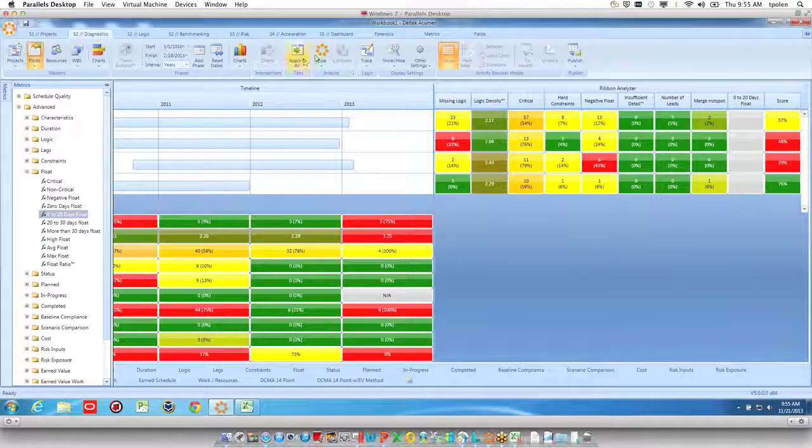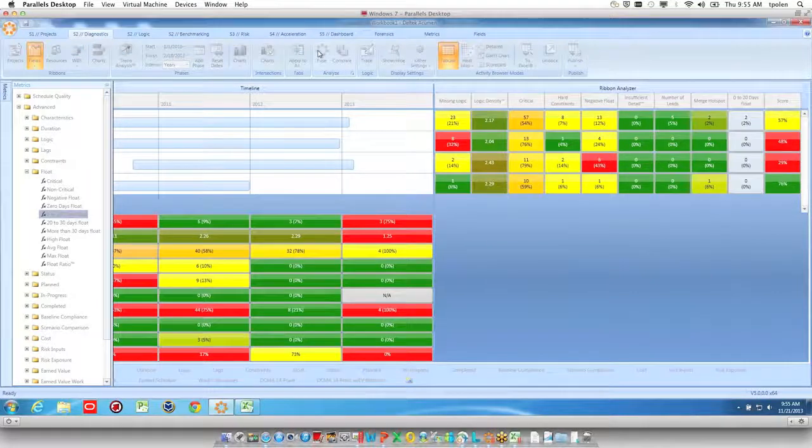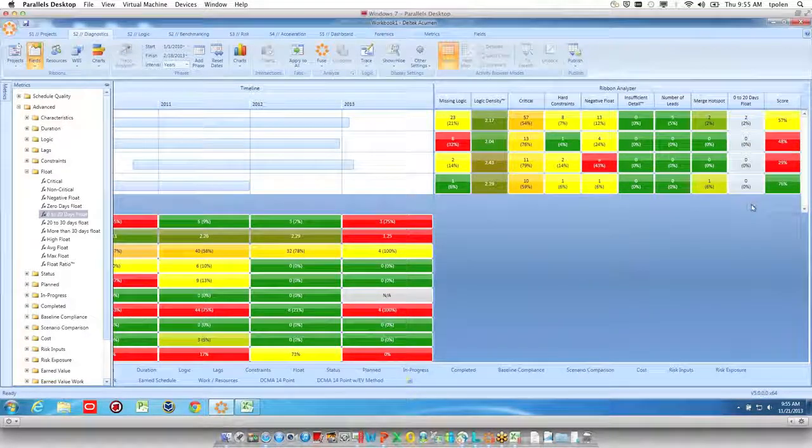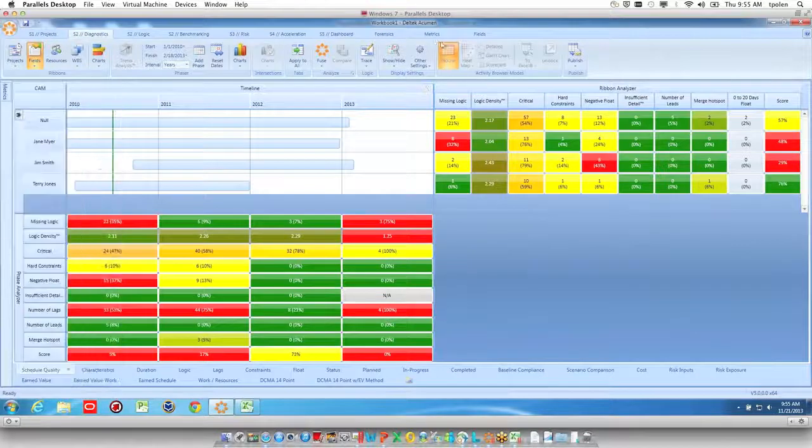I can add that metric to my screen, and I can see I'm actually doing pretty well here on near critical tasks. And finally, the second wrinkle to this, which I won't go into too much detail on, is we